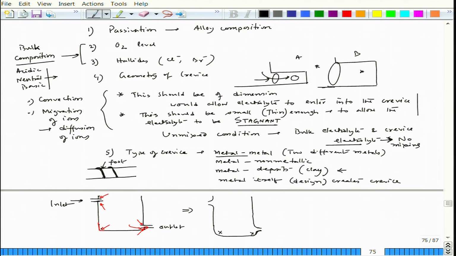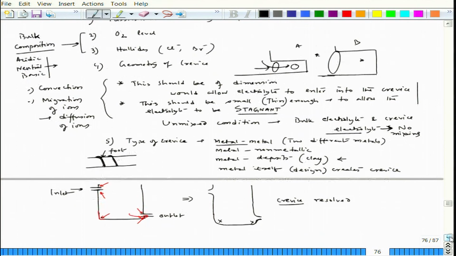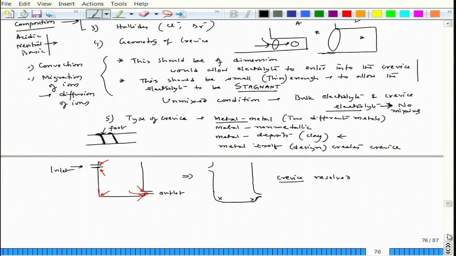We will talk about how crevice happens, the mechanism part, but even without knowing the crevice mechanism, if you can at least avoid the sharp corner, the problem is resolved to a great extent. Now, here there is one more problem. The crevice is resolved with this design, but if there is a need for regular cleaning of that particular tank, generally at the tank bottom we have deposits, and that deposit needs to be taken out from time to time, scraped off.